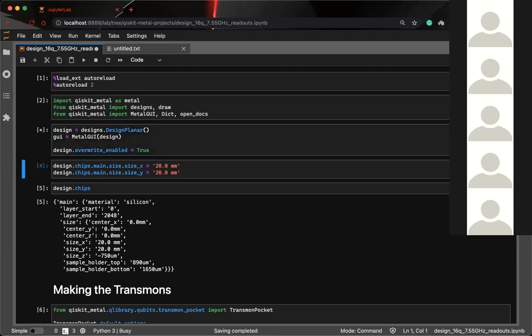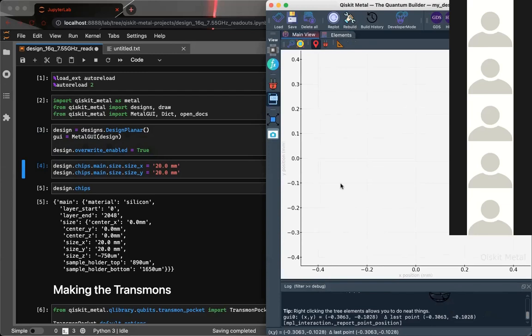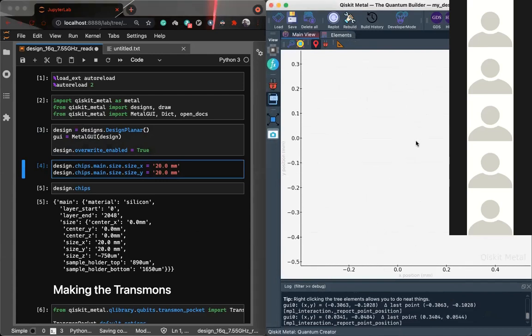As soon as I run this particular thing, you can see this GUI shows up. Now we can see all these axes. It basically gives us a full XY plot of where our components are being placed.